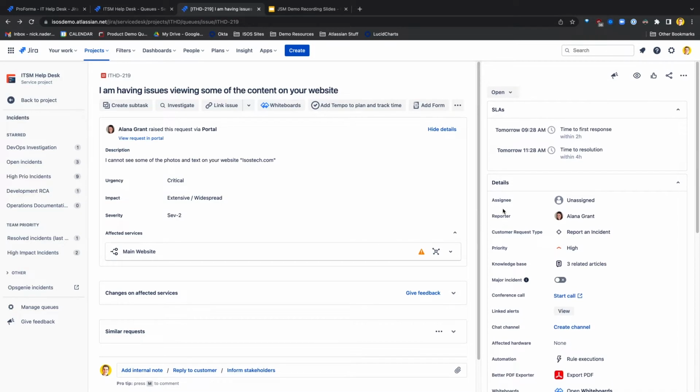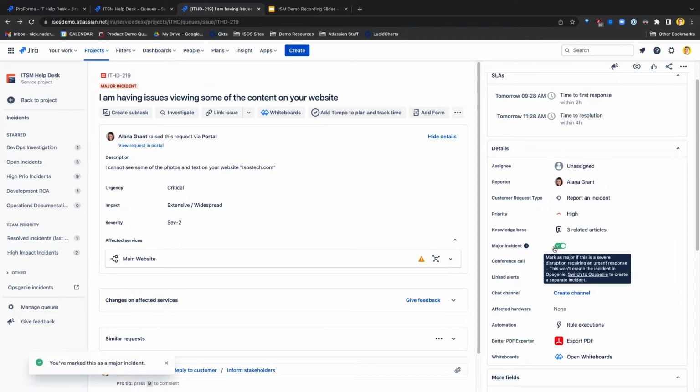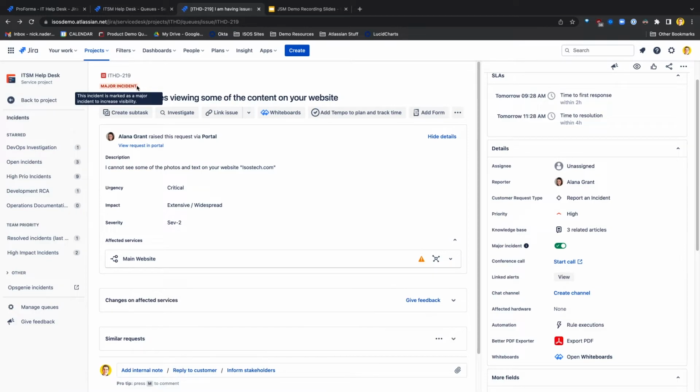Now, incidents also have additional functionality that has been pulled from the Opsgenie product that Atlassian acquired a few years ago into Jira Service Management. And they're currently in this transition where they want to pull as much of that incident management into JSM proper as possible so that you don't have to jump between your Opsgenie environment and your JSM project. And so for agents, you have some new fields over here in the details panel specific to incidents. So this major incidents field is a toggle field that allows you to mark incidents as major simply by clicking that toggle. And now you have a major incidents flag on or tag on this incident,